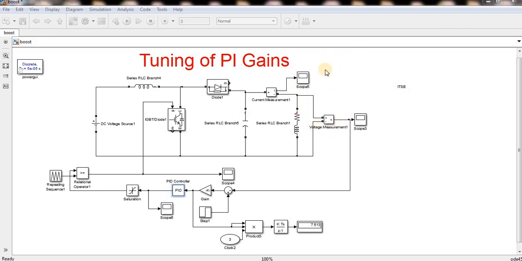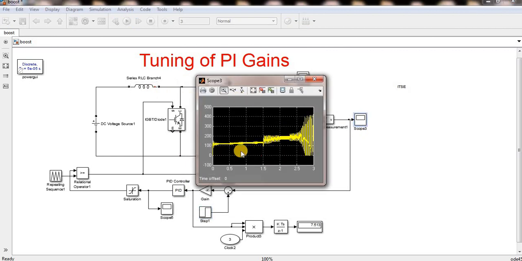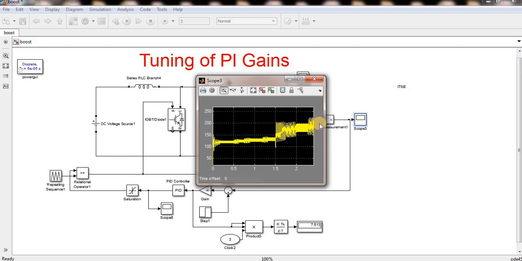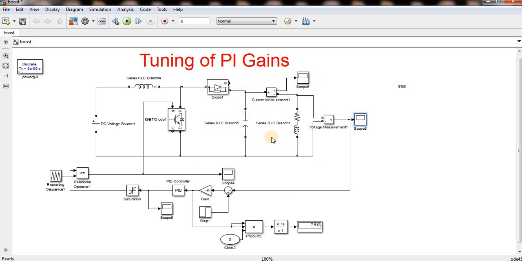Once the other PI is properly tuned, again you have to go back to the first two PI controllers, because this PI will again affect those. If you change the parameters of the capacitor and inductor, again you have to tune your PI. But these PI gains will work properly for a change of 200 to 300. Let's see. I am not getting the proper value after this. This instability is occurring because I have not completely tuned my PI gains. But see, it is working fine for whatever my output is.